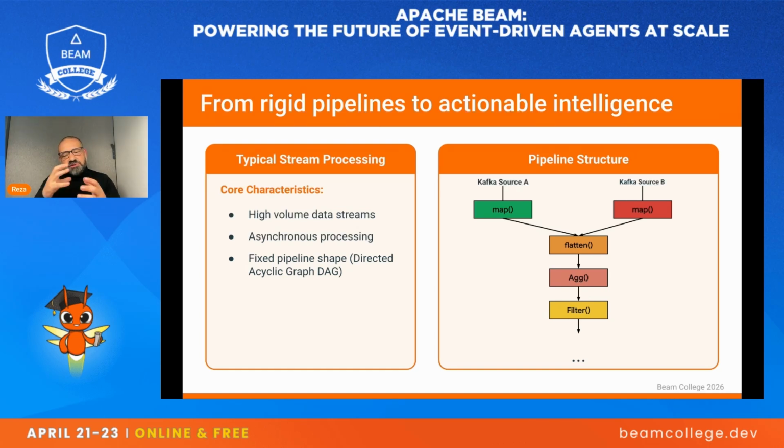So if we think about, and we're going to be mainly concentrating on streaming from this point on, a typical stream processing pipeline will have a high volume data stream. So, if you had one message per second, in general, you could deal with that with one worker. Therefore, you don't really need the power of Apache Beam's ability to do distributed stream processing. So it tends to be higher volume data streams.